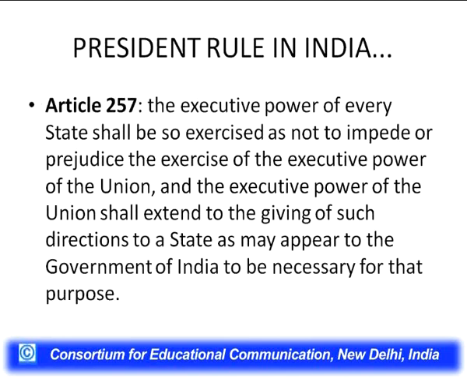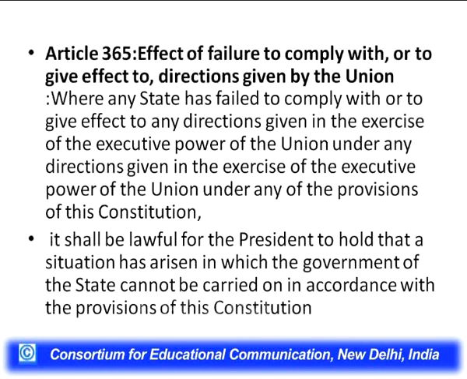And apart from this, you also have provisions like Article 257 of the Constitution, where the union government is empowered to issue specific directions to the respective state government to carry out certain functions for the protection of property or any other agency, institution or instrumentality in that particular state. What is prescribed by Article 257 is that if the executive power of the state is not carried out in accordance with the directions issued by the union executive, then it could also be one of the possible grounds for imposition of President's rule under Article 356 of the Constitution.